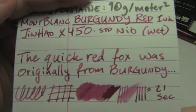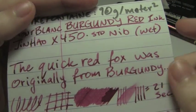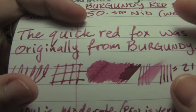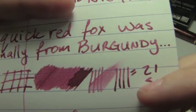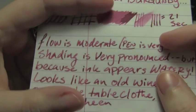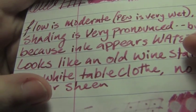So, let's check out the official paper test. Clairefontaine, 90 grams per square meter. Now again, I picked a wet, broad nib on purpose because you kind of need it, and even still, it looks really watery. I mean, you get shading, but it looks really watery. Took 21 seconds to dry, which makes sense. It's a broader nib, it's a wetter nib, and this is Clairefontaine. But still,